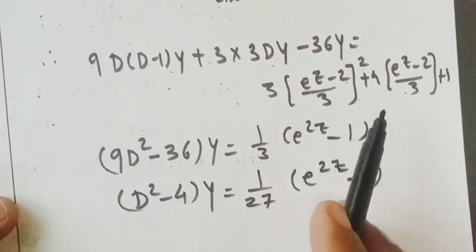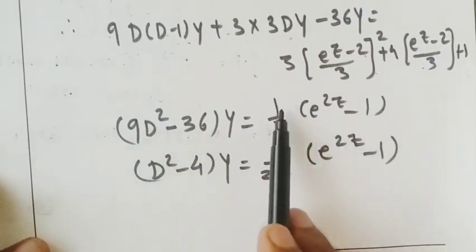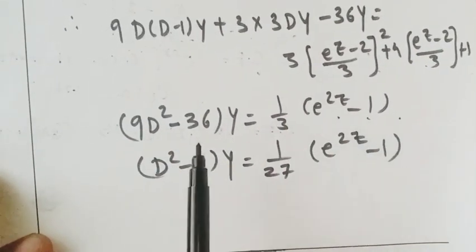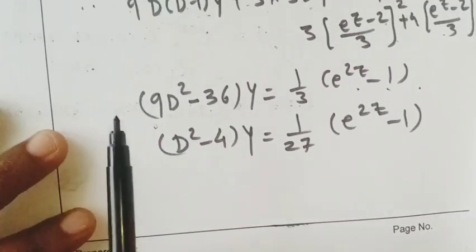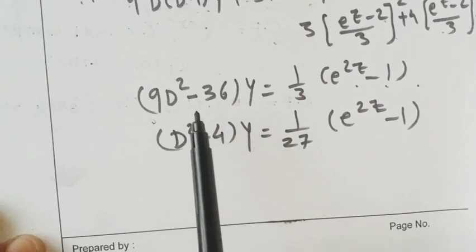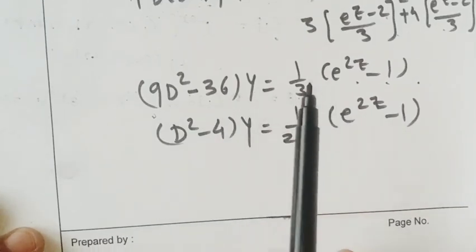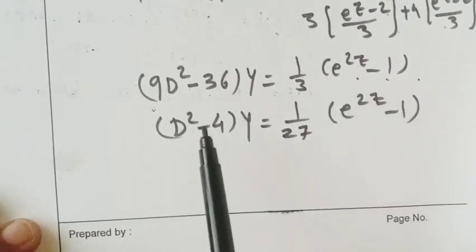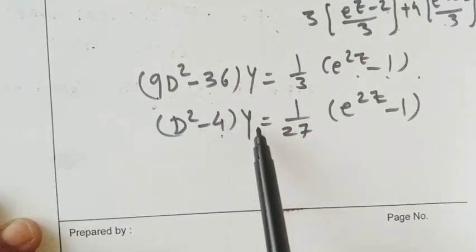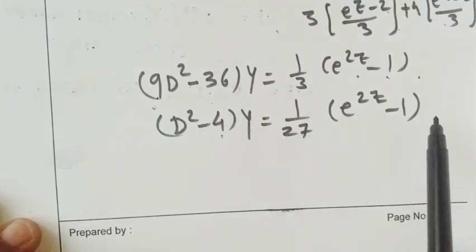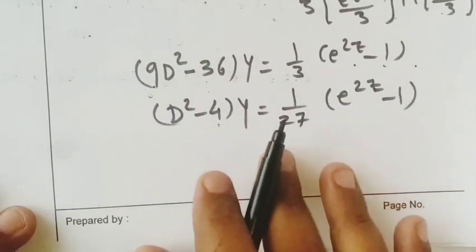Okay, now after simplifying this, we'll get the right hand side as 1 by 3 e raised to 2z minus 1. And here 9D square minus 36y equal to this. So again, by dividing by 9 throughout, D square minus 4y equal to 1 by 27 e raised to 2z minus 1. So this will be the final simplified form of the